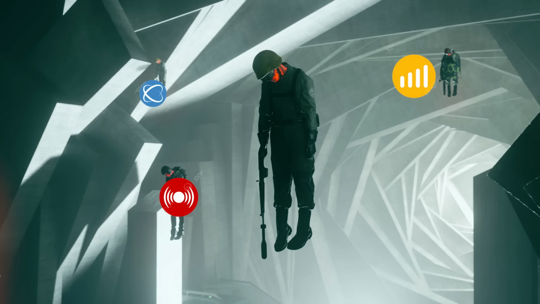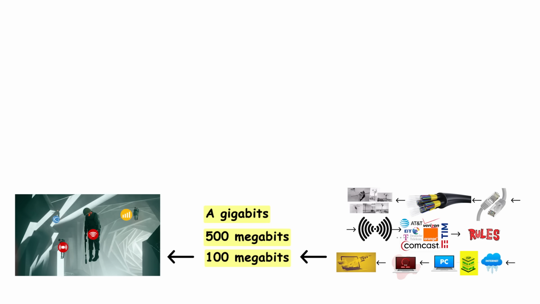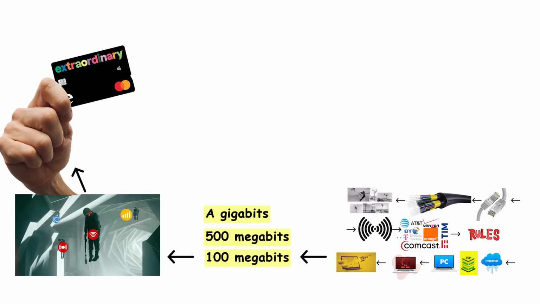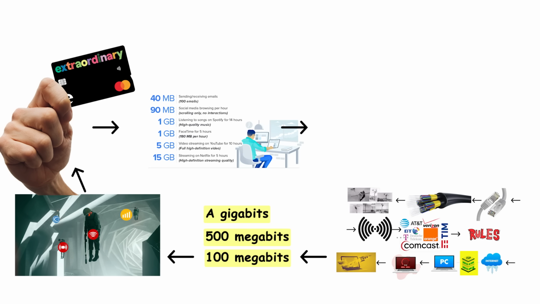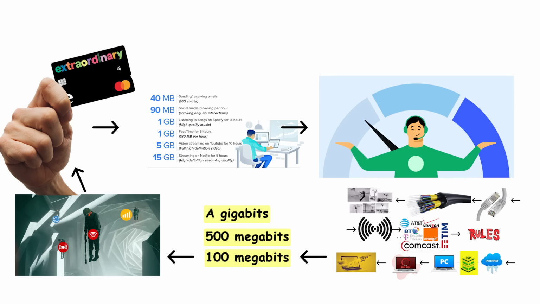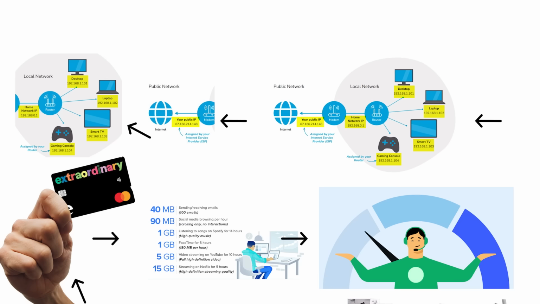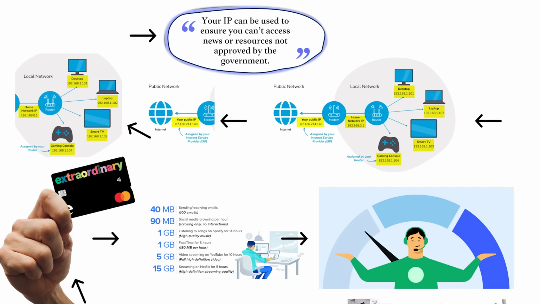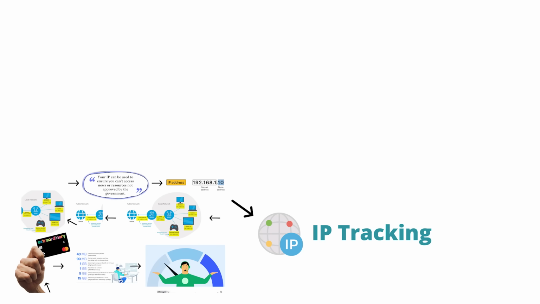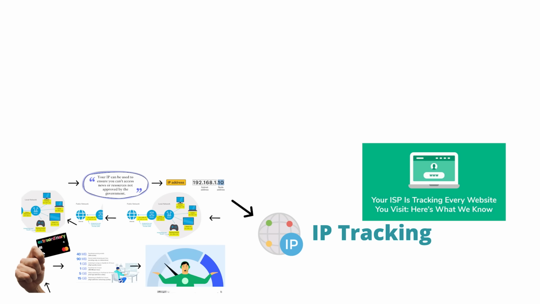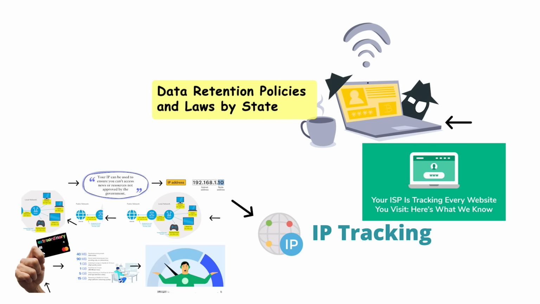They also control how much data you can use before they throttle your speed or charge you extra. In some countries, ISPs have data caps, where after you use a certain amount, they slow you down dramatically. Your ISP also assigns your public IP address. Unlike your local IP that only works in your house, this public IP is how the rest of the internet identifies your home. Every website you visit sees this IP address. Your ISP can change it, track it, and log which websites you connect to. In many countries, they're legally required to keep these logs for months or even years.